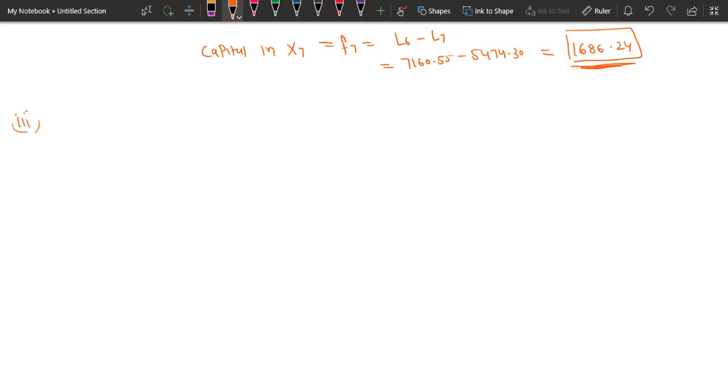capital paid between time 3 and time 7. Now see, in this question they have directly asked and mentioned the time 3 and time 7. Generally you would be asked to calculate the capital between some time period. Instead of time period, you will be given some years, like calculate the capital part in the last 4 years, or between the 5th and 7th year. You will be given the question like that. But here they have directly mentioned to calculate the capital repaid between time 3 and time 7.